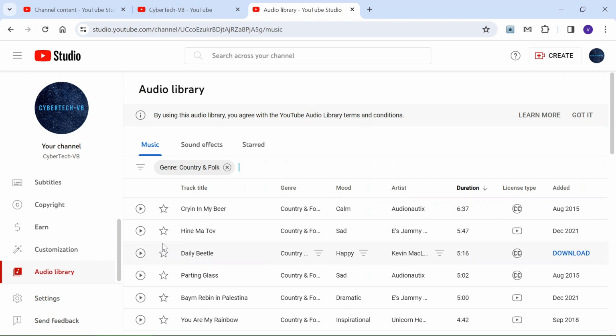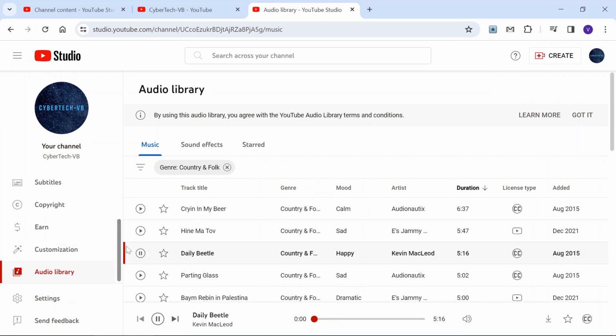Let's say, let's listen to this one, Daily Beetle. You click on it, it starts to sound, and you have the regular controls here, a slider. You listen at the beginning. If you want to listen a little bit further, you move the slider even further. You can control the volume